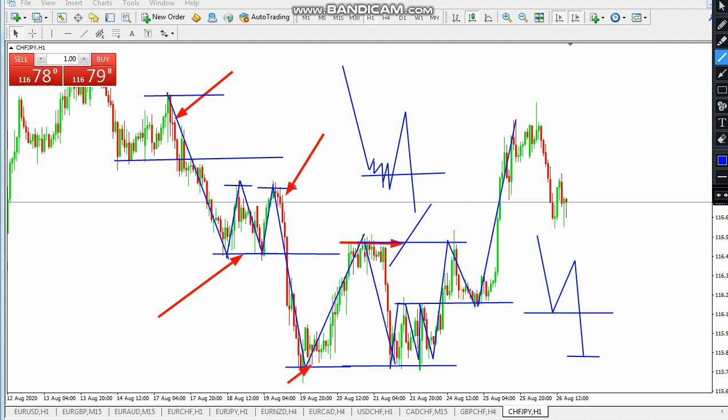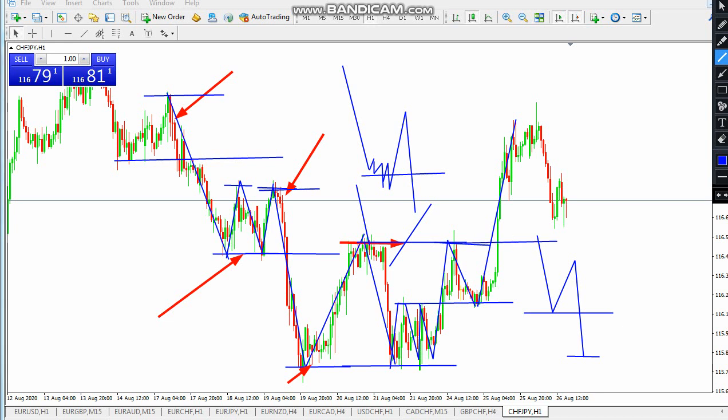aggressive buy coming in. You take out this area, you take this area out, take this area out, and then you take even this previous aggressive seller that gave us this new low, it takes him out too, telling us that hey, the buyers are coming back to take over. So currently now we can say, hey, it's now in a buyer's market. We can begin to look for opportunity to the buy side.